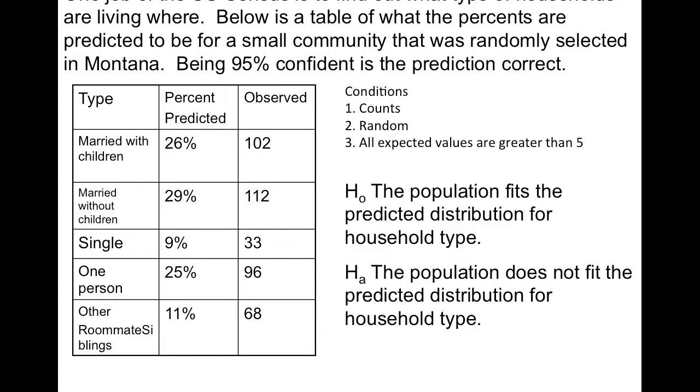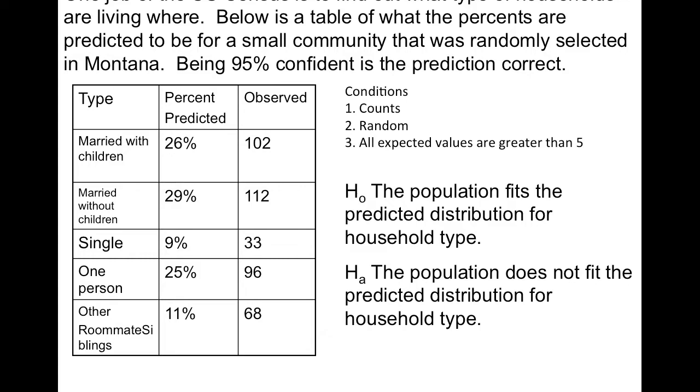Now, instead of it being equal, this time around, it gave us our percentages. We think that for these communities, 26% will be married with children, 29% married without children, 9% are single, 25% is a one-person household, and 11% other: roommates, siblings, some other form of household that we have. Notice that it adds up to 100%, so we're looking at the whole here,